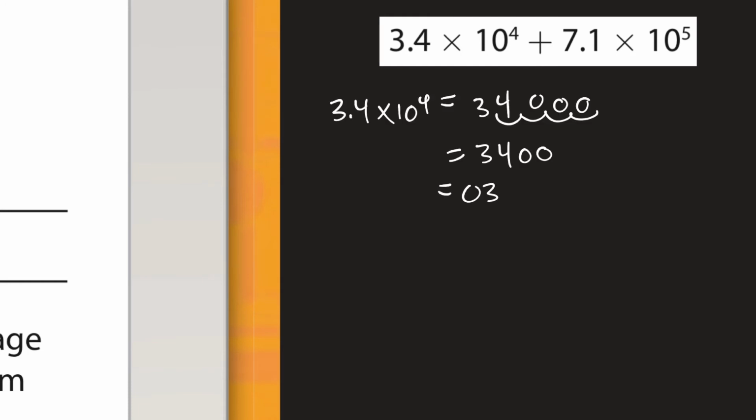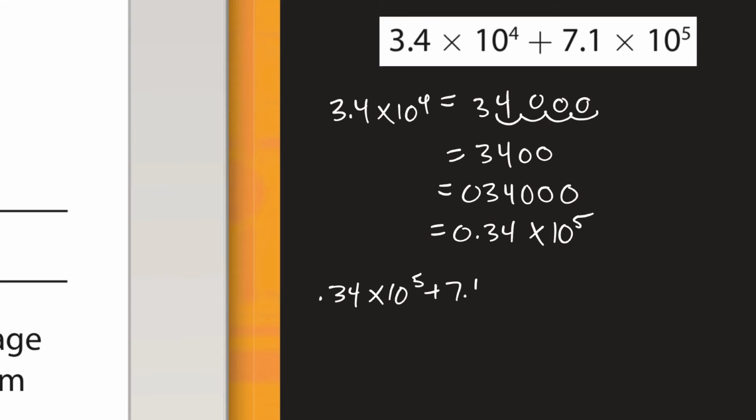So that would be, well, if I add a 0, I haven't changed the number, so I believe that would be 0.34 times 10 to the 5th. That should be the same thing. Yeah, I could have done that a lot easier. Okay, anyway, so what we have is 0.34 times 10 to the 5th